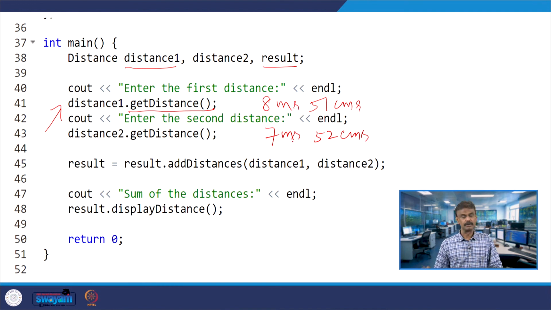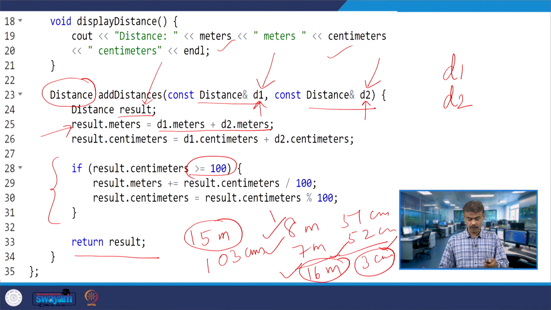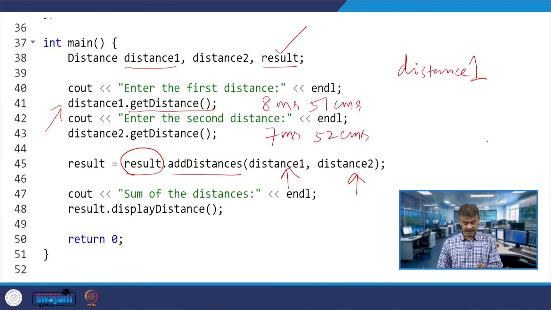Now this result object we have already defined will invoke add distance. You are passing distance 1 and distance 2. When you are passing distance 1, this is the object, and here you have a reference, D1, which is equal to what we are passing, distance 1.